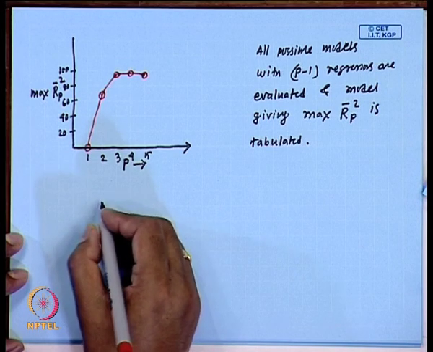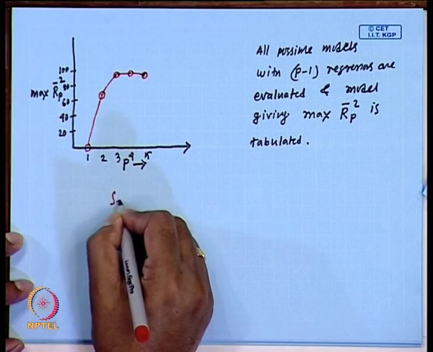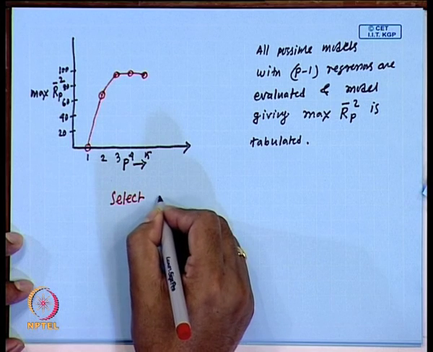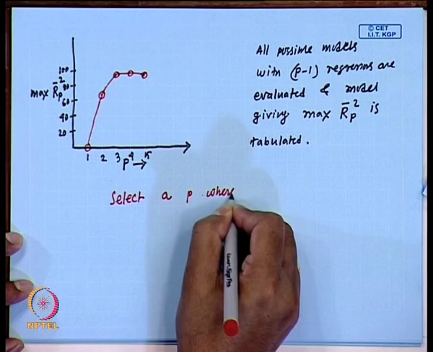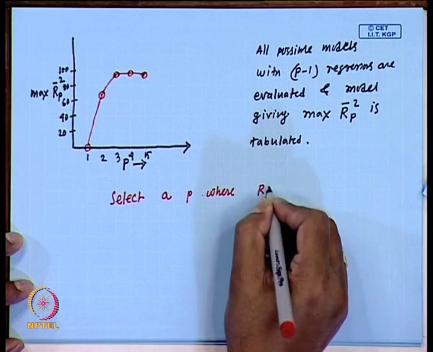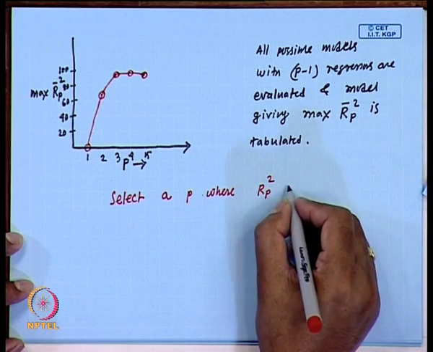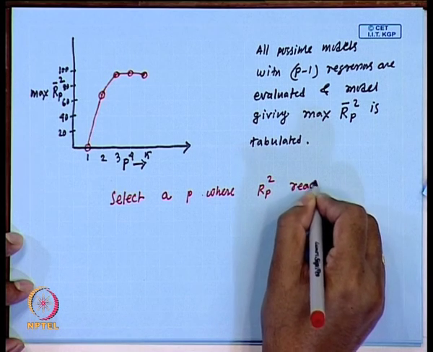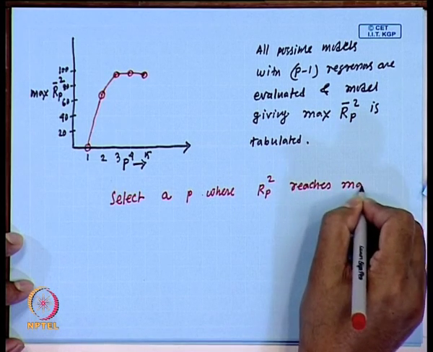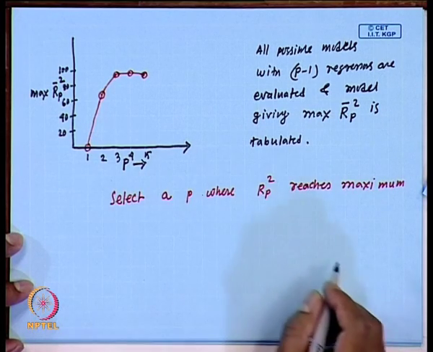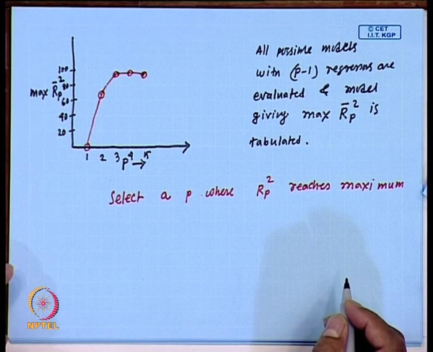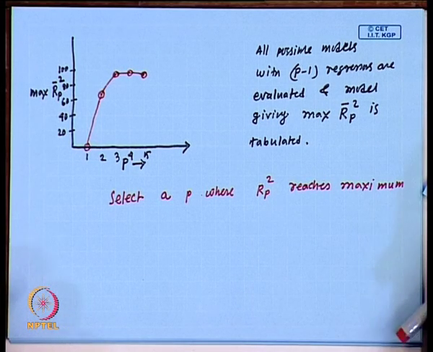So it suggests that the selection criterion is that you select a p where R square reaches maximum. Okay. So, according to this coefficient of multiple determination,